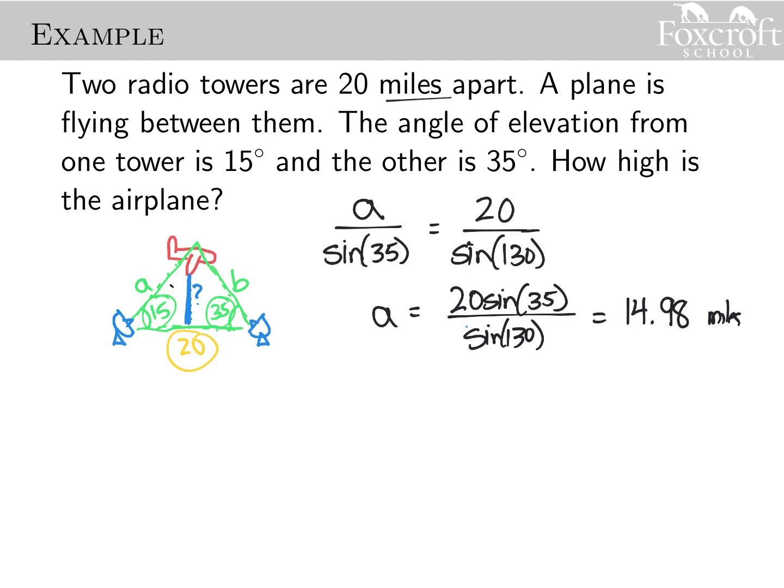Well, now we know this angle is 15. We know this side length. And now we can use, kind of going back even farther, just our normal SOHCAHTOA. If I have this 15-degree angle, I want to find the opposite side from it. Now I'm just looking at this left-hand part of the triangle because I'm trying to find that right-hand side. I want to find the opposite from 15, and I know the hypotenuse, which, because that's a right angle there, of this. So I can use sine of my 15-degree angle is the thing I'm looking for divided by